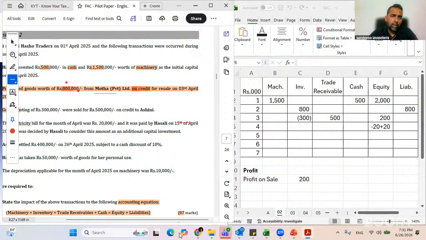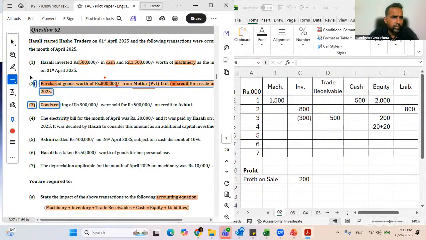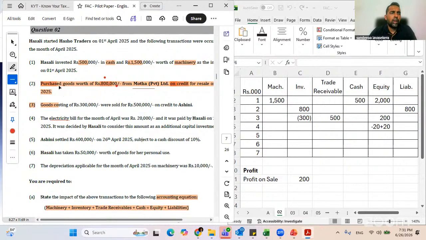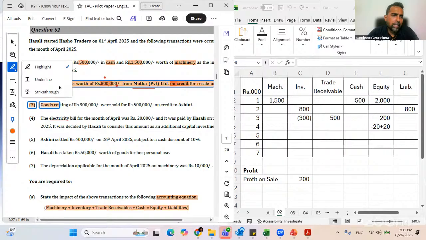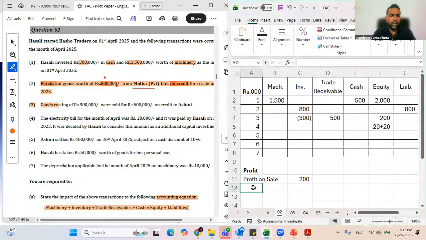Right now, what is happening? One side, this is an electricity bill. Because of the electricity bill, which is an expense, my profit is coming down. At the same time, it has been paid by the owner by herself. Therefore, it's considered as an additional capital. So profit comes down, additional capital equity goes up. So we'll put the electricity, which is an expense, minus 200.